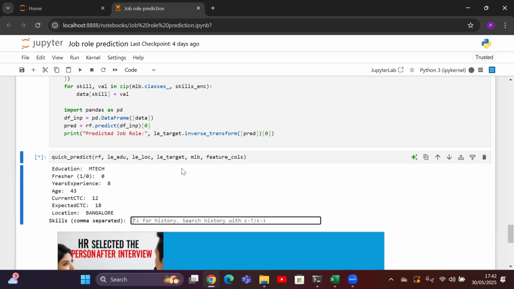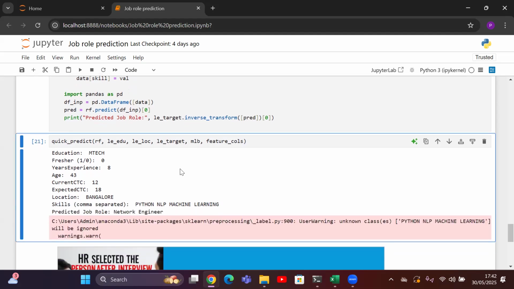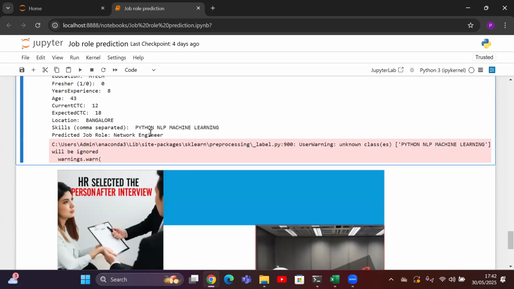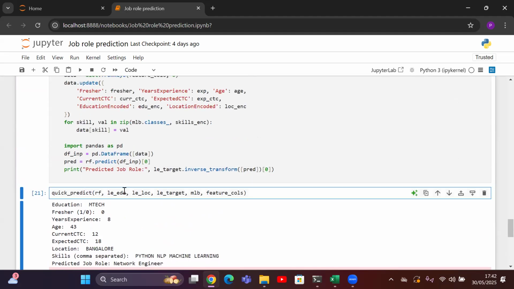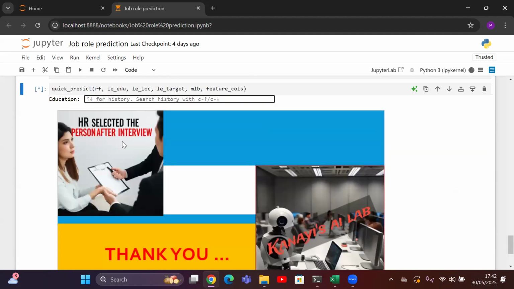So what skills do you have? I have skills of Python, NLP and machine learning. So let me run this. It is not generating any answer because this key skill is not available. So I'm going to rerun it once again for you.